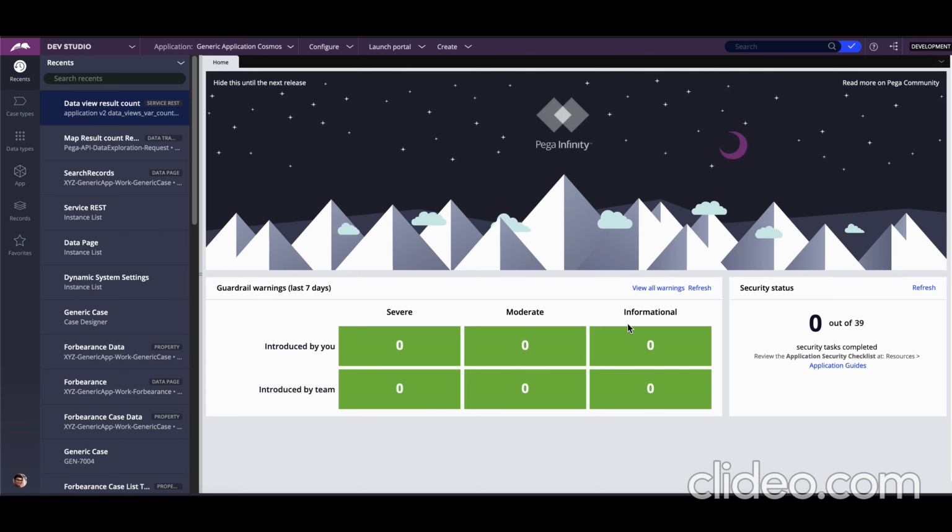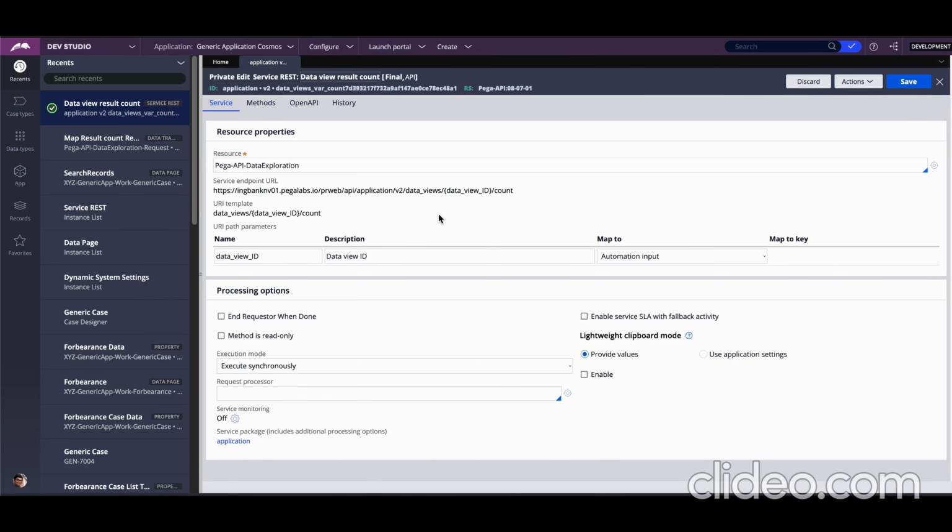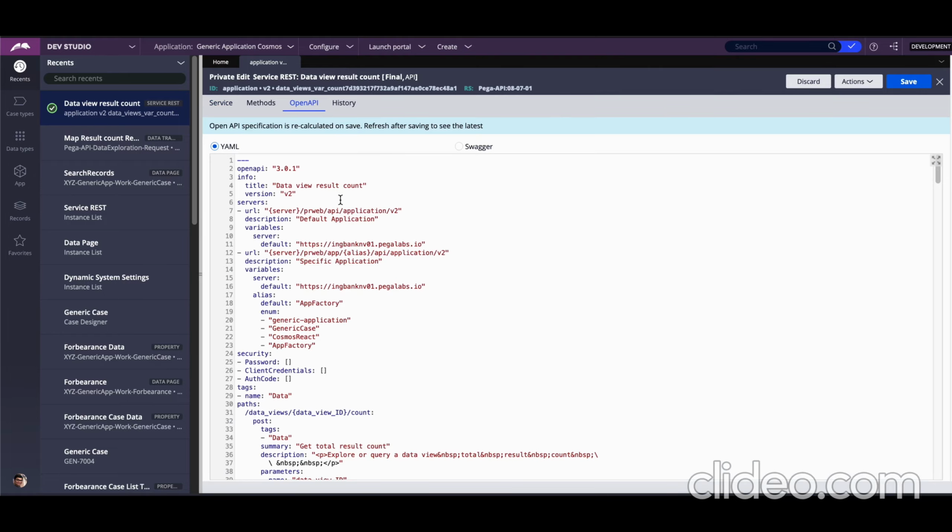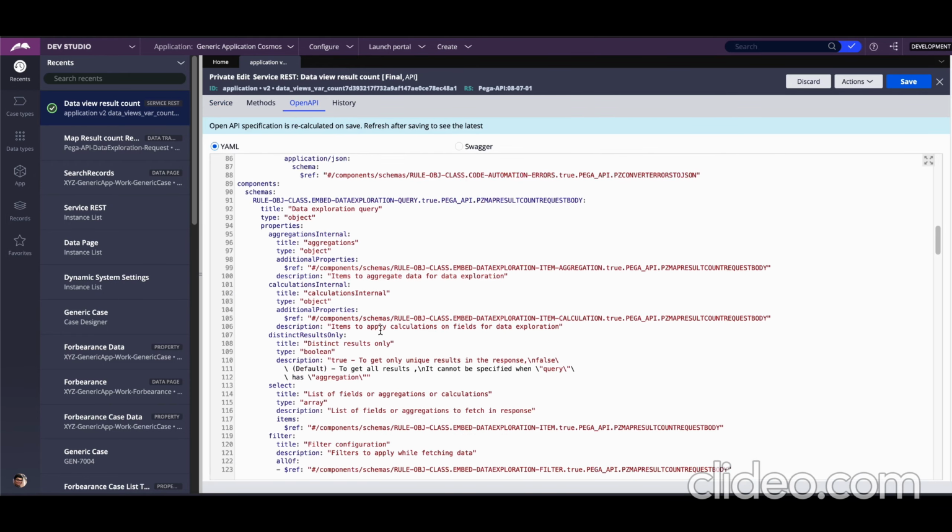In the front end, there are some cool features introduced in Pega 8.7. Let's go through them one by one. One of them is that there is a new field within service REST. If you have worked on service REST before, you would know that in terms of documentation, OpenAPI specification is the best way to document a service in REST. Normally, Pega auto generates this by using this tab where you can see all the information